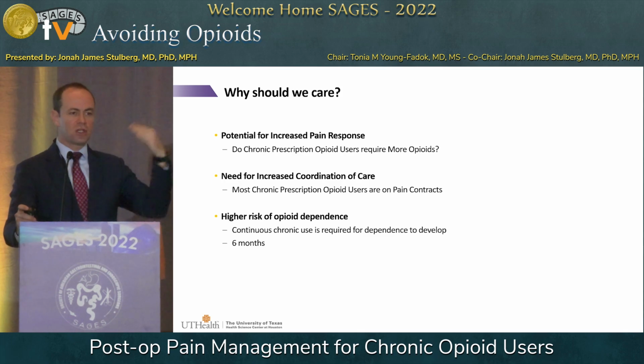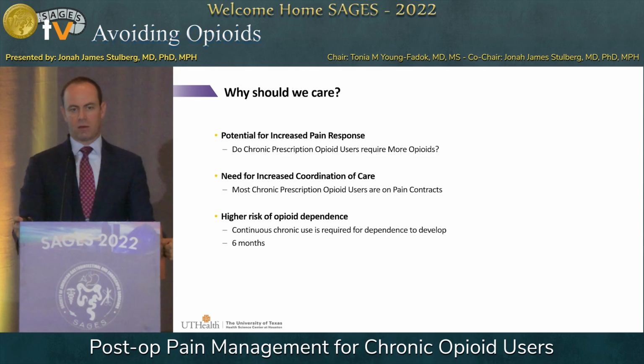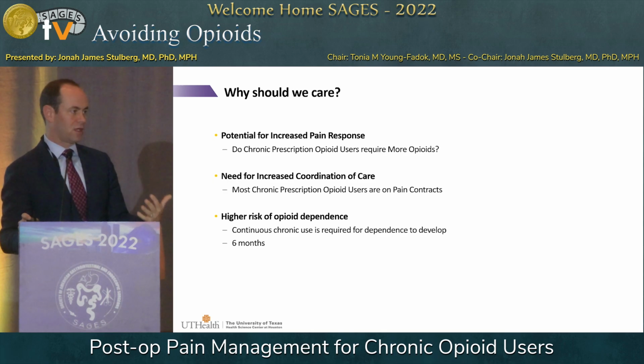So by definition, if they are chronically on opioids, they're going to have a higher risk of having upregulation of the receptors and all the things that Dr. Kurpada talked about. And so we may have to treat them differently, and we should know that and think about it. The next is that patients who have chronic prescriptions for opioids have a provider who is managing that chronic